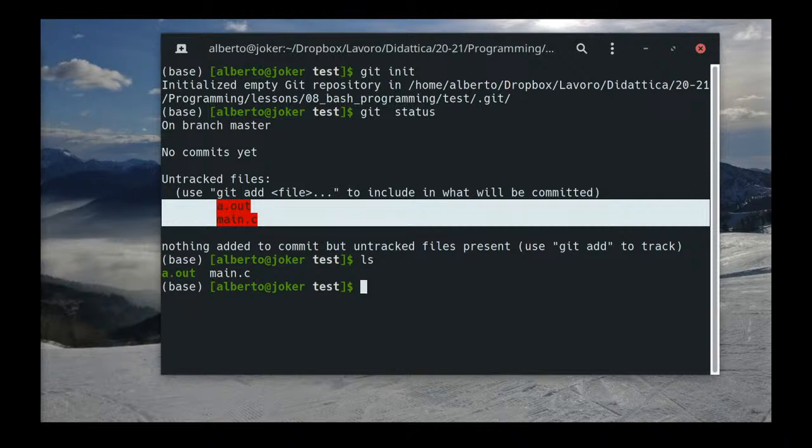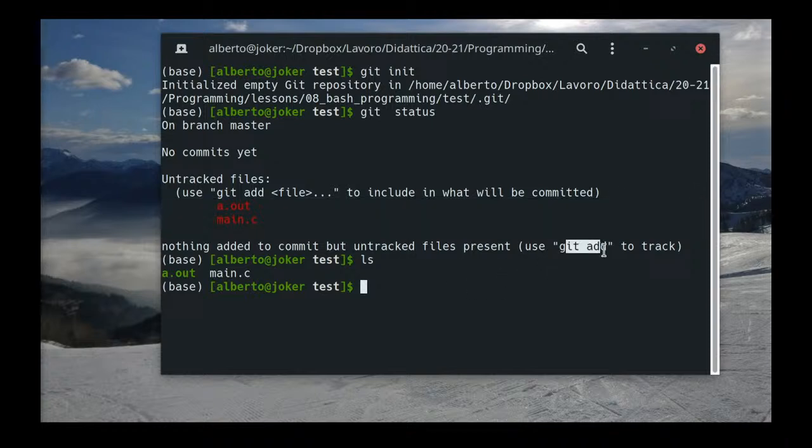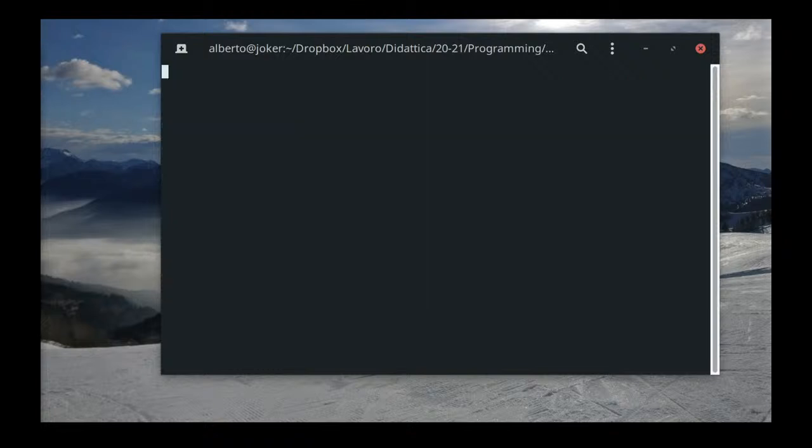Now, how can I add a file to my repository? Well, there is a suggestion down there about how to do it by using the command, again, git and the parameter add. So let me reset the directory, and I can issue the command git add main.c. By issuing it, no message on the standard output. Again, if I repeat git status,